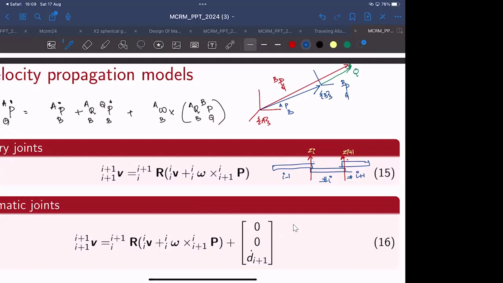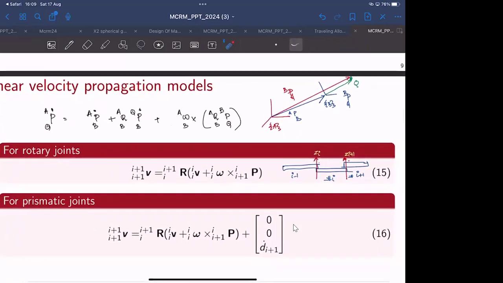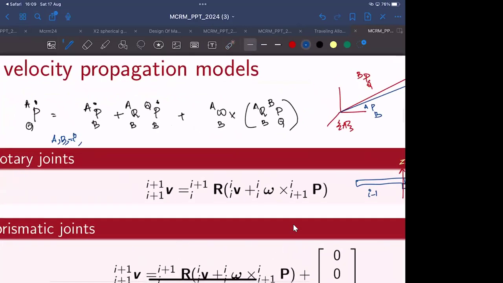Because you are interested in finding the distance between Zi and Zi plus 1, you can consider this to be this distance, and you have to bring frame B to frame A. So if you replace the coefficient of A and B with I, and the coefficient of Q with I plus 1,